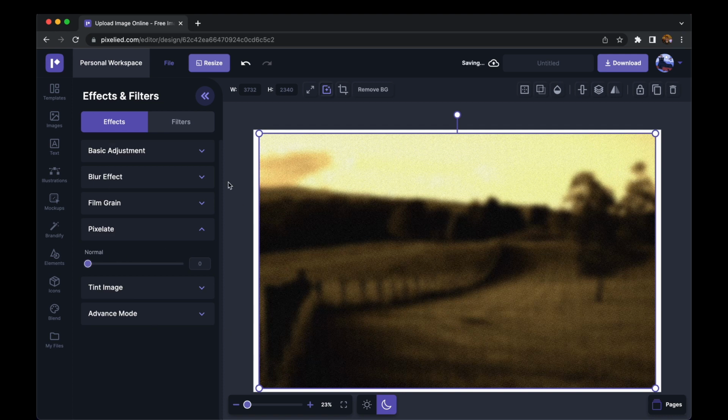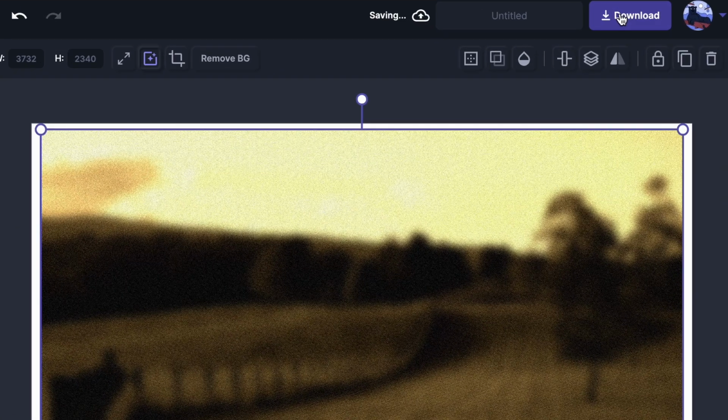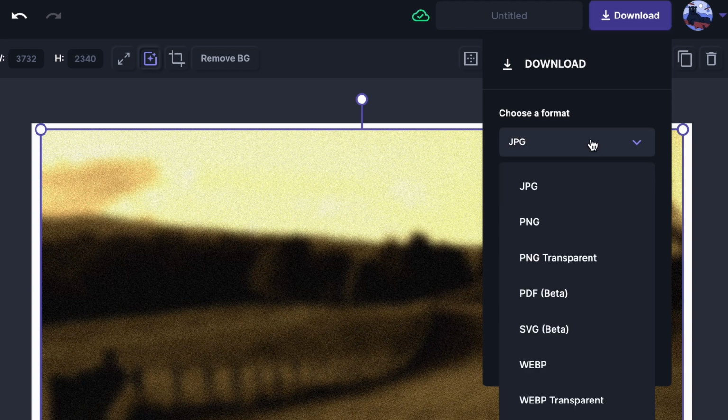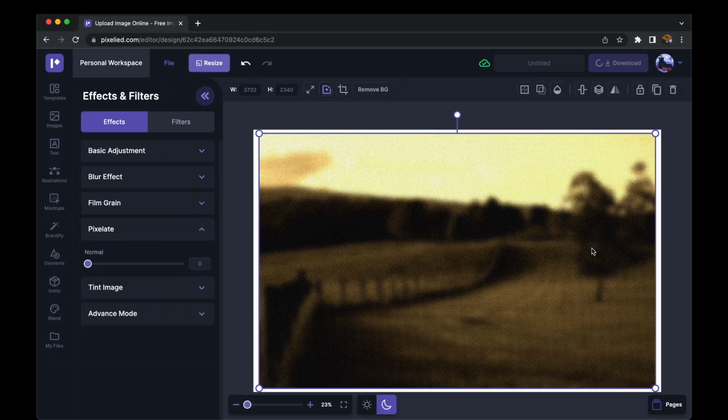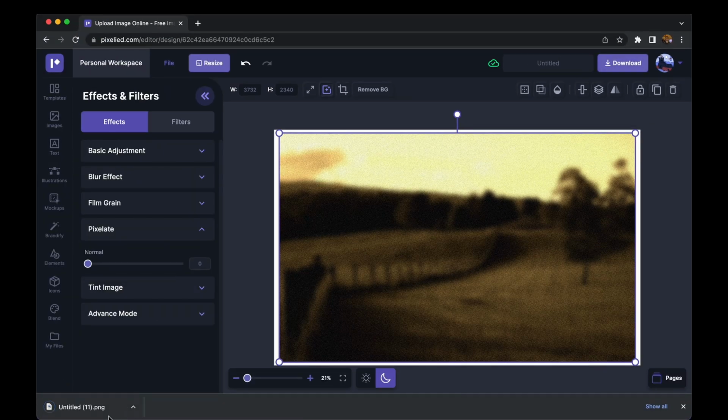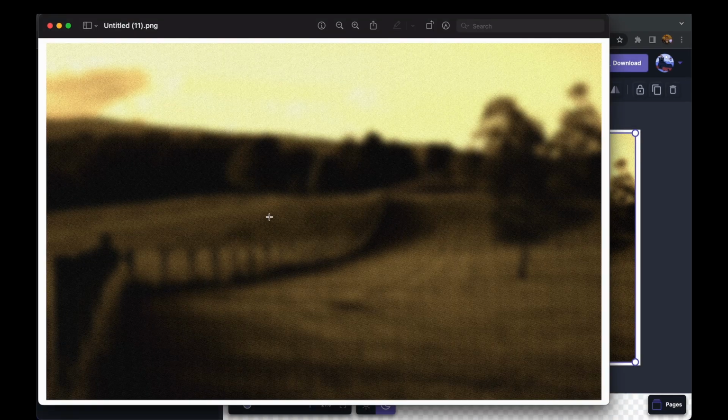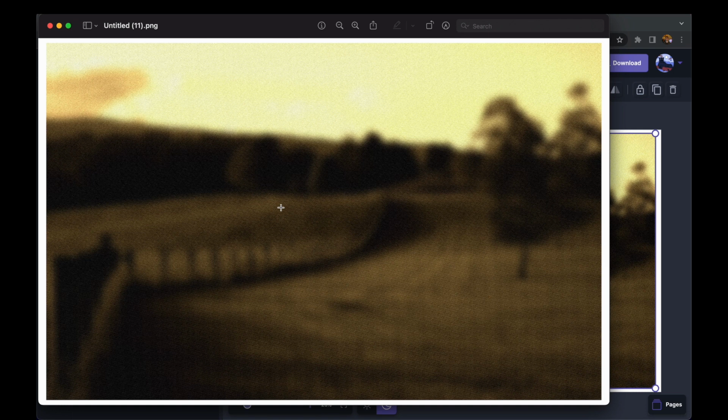And when you are done playing around with these features, you can click on the download button, select a format. Let's say I want a PNG, and click on this download button again to download this image. So you see how easy it is to do some basic editing and add some cool filters to this image using Pixelide. It literally took us some seconds to add this invert filter and then the sepia filter, and then we made some basic changes like adjust the brightness, saturation, contrast seamlessly.